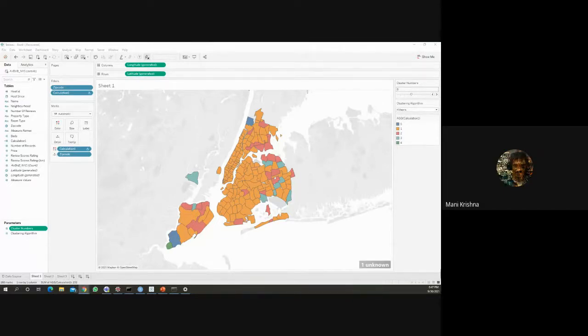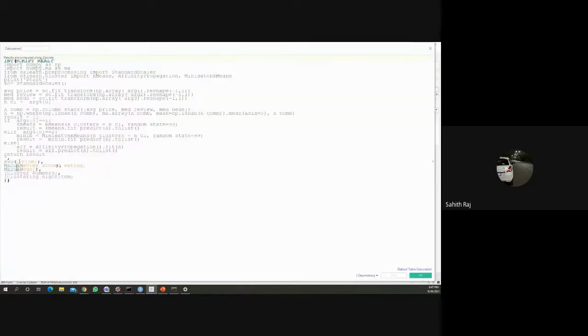Is it that we should put the code here only, Sahid? We can't take the code from Spyder or Jupyter like that? It is not fetching like that, right? We can do it, but it will be more complex. Right now in this case, what we have done is we have created the function here itself, and then we are calling it directly. So instead of that, we can just do it right here itself. Okay, the same code we are doing here, within Tableau itself. Exactly.